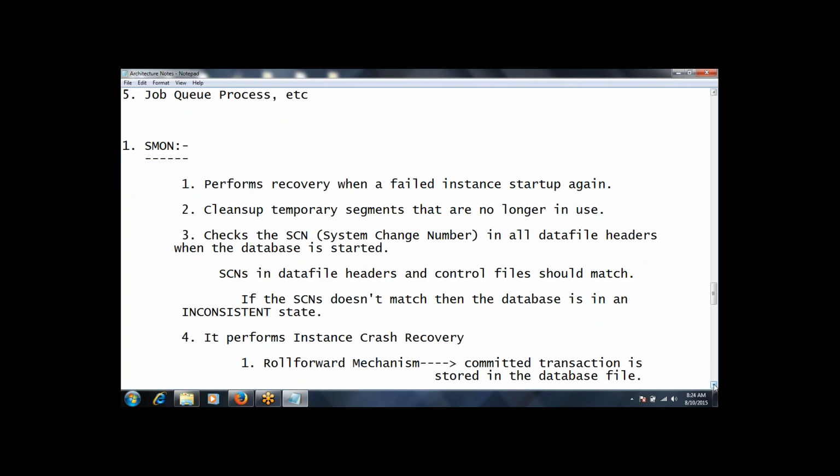And if there are any temporary segments, what a segment is we'll talk about in the coming sessions. As of now, try to understand it as temporary segments, nothing but your temporary tables simply. It will clean up any temporary tables which have not been used for quite a long time, otherwise they occupy space. If they are not used for a certain period of time, it will clean up those temporary tables which we use for intermediary processing purposes. Is it clear? Yes.